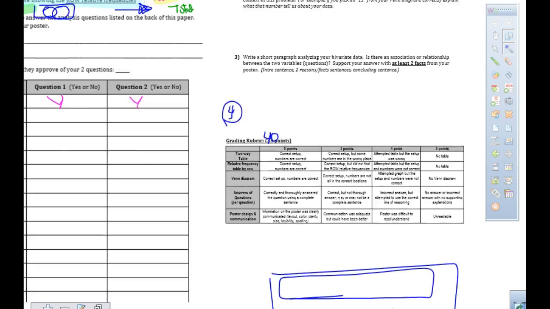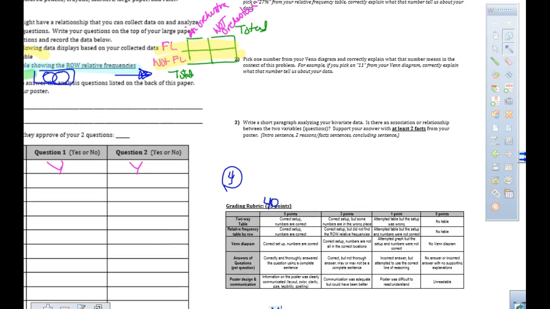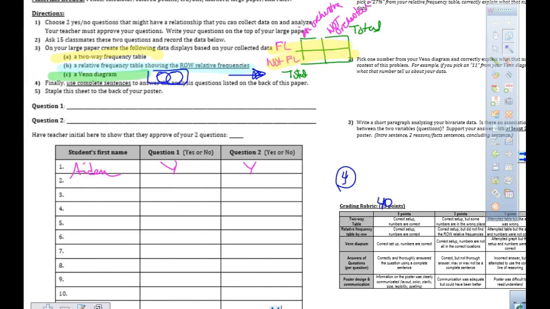Yep, you can leave. And then you should be able, if you get those first 3 things done, to answer on the back questions 1 to 4. So that maybe tomorrow when you come in, the only thing you have to do is just make it nice. I'll have colored pencils for you. I got rulers up here. I've got protractors up here so that you can use as you are doing them. Okay? So anyone